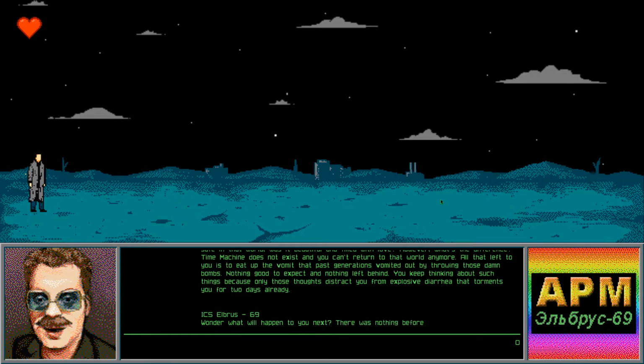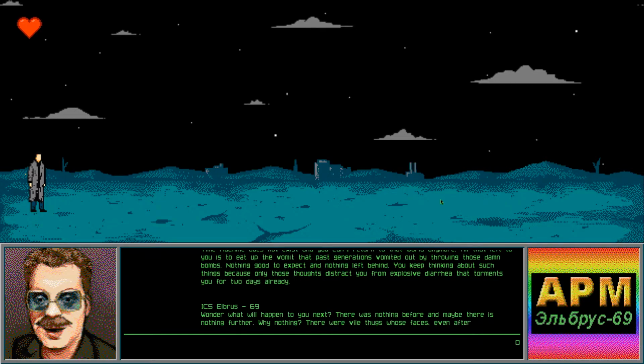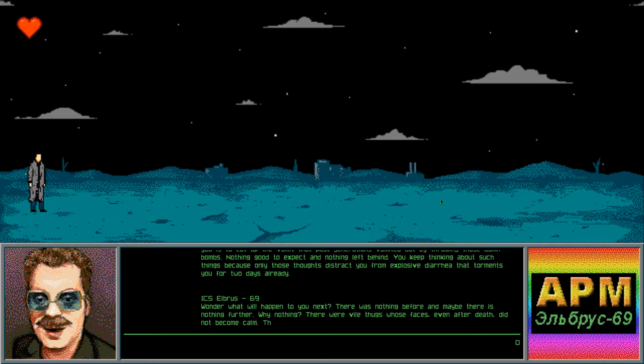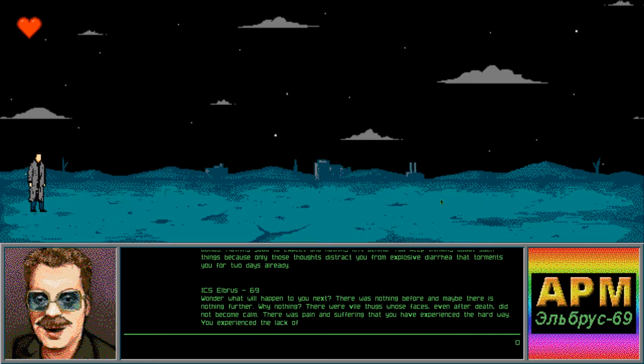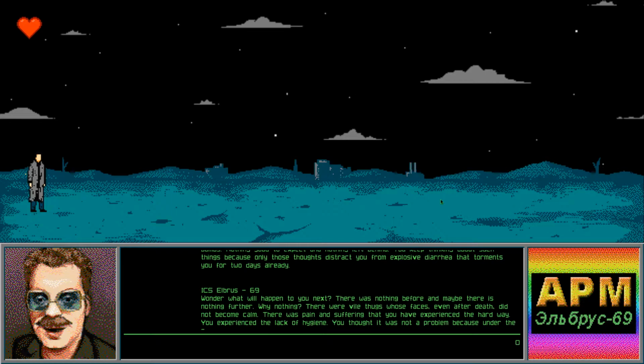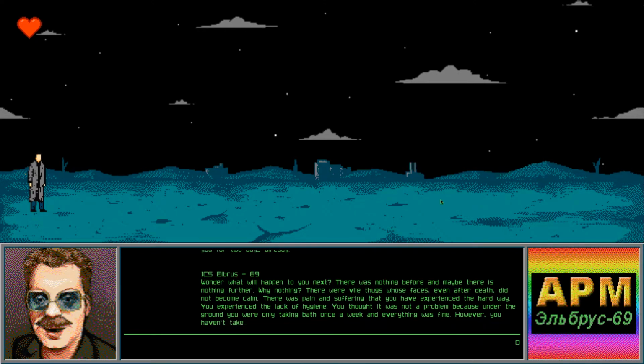Wonder what will happen to you next. There was nothing before, and maybe there is nothing further. Why nothing? There were vile thugs whose faces, even after death, did not become calm. There was a pain and suffering that you have experienced the hard way. You experienced the lack of hygiene. You thought this was not a problem because under the ground you were only taking a bath once a week